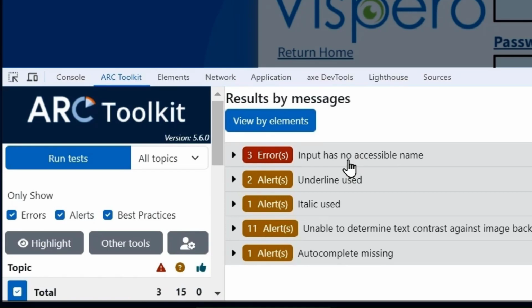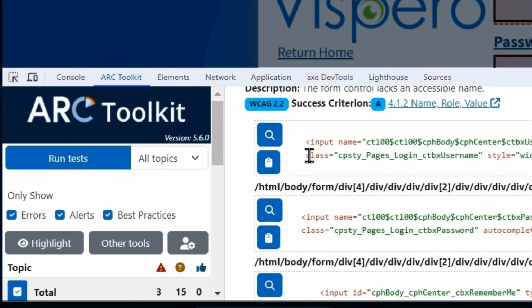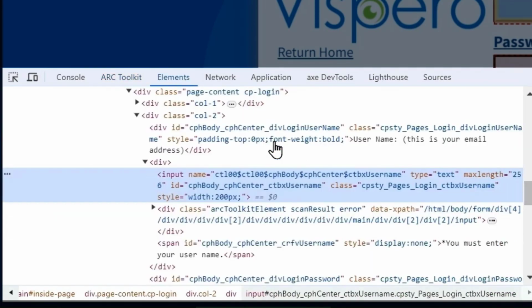That's one of Arc's automated rules. Now, let's select the magnification icon to reveal the elements in the Elements panel. So there's the username. Okay, now let's apply the guidance from the engagement. It said to use the for ID association between the visual label and the text input. So I'll change the markup and let's see if it passes.